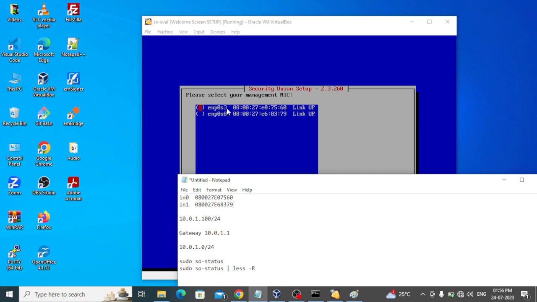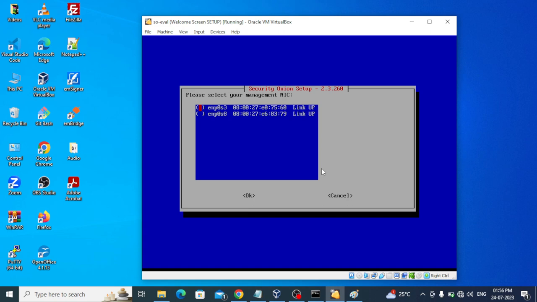This is what we are going to select first for the management NIC, and then later on IN0, which is our LAN that we have created, is 080079. So that we will do later. I'll just press the space bar to select this, and then press tab to highlight OK and then press